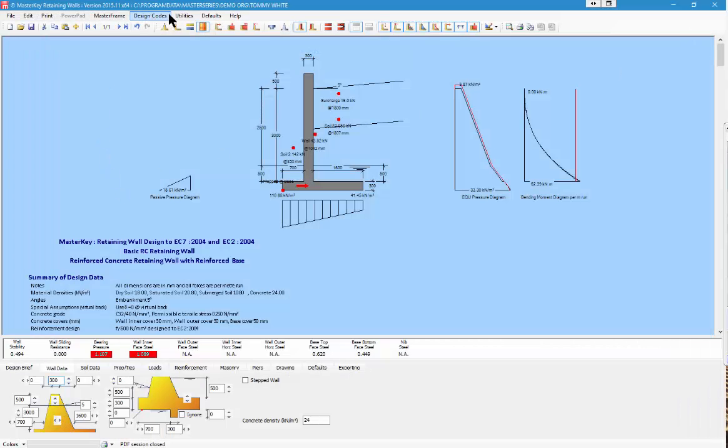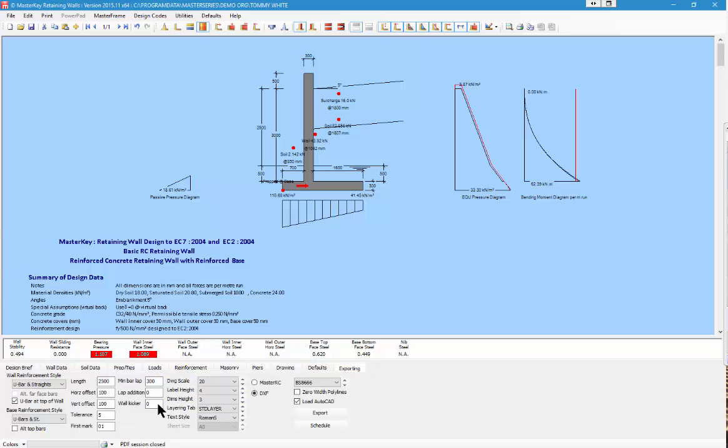The second way is to go to our exporting tab. And in our exporting tab, we can give you a set of details. So the wall reinforcement, we're going to use U-bars and straights. So we could even say we're going to use asymmetrical U-bars, or we're going to use asymmetrical L-bars or L-bars. Let's go for